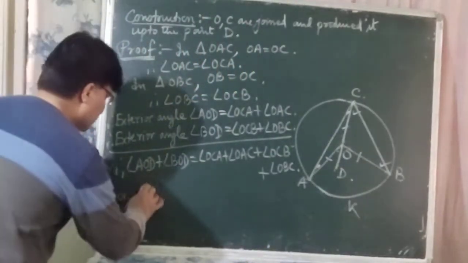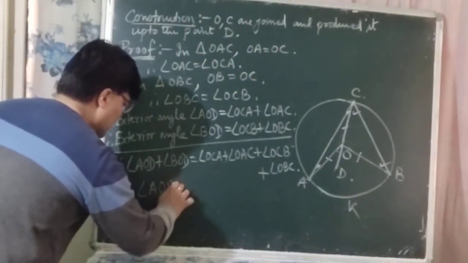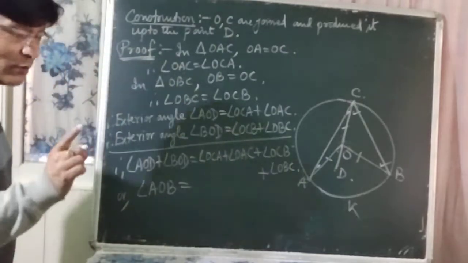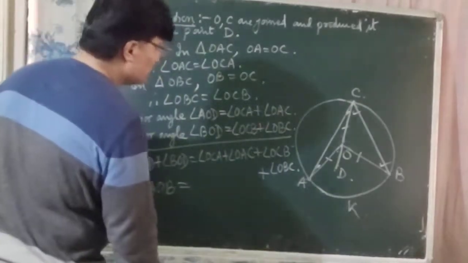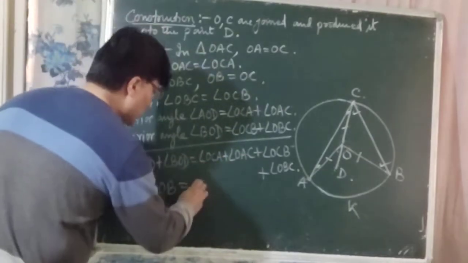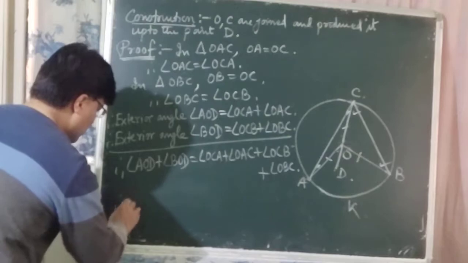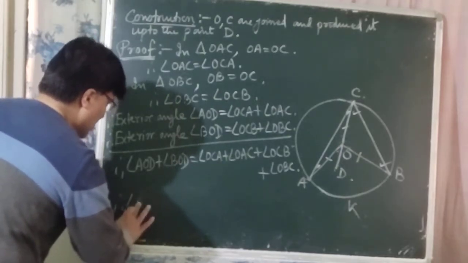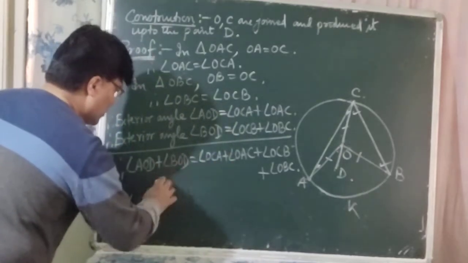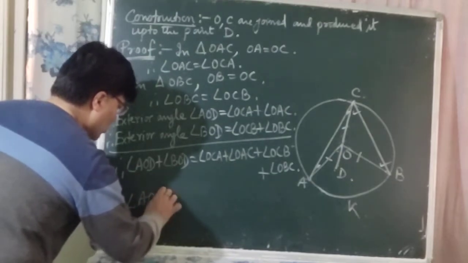So let us write here angle AOB, which is equal to, now on the right hand side, here angle OCA. Let us write from a bit lower. Therefore angle AOD plus angle BOD, which is angle AOB, is